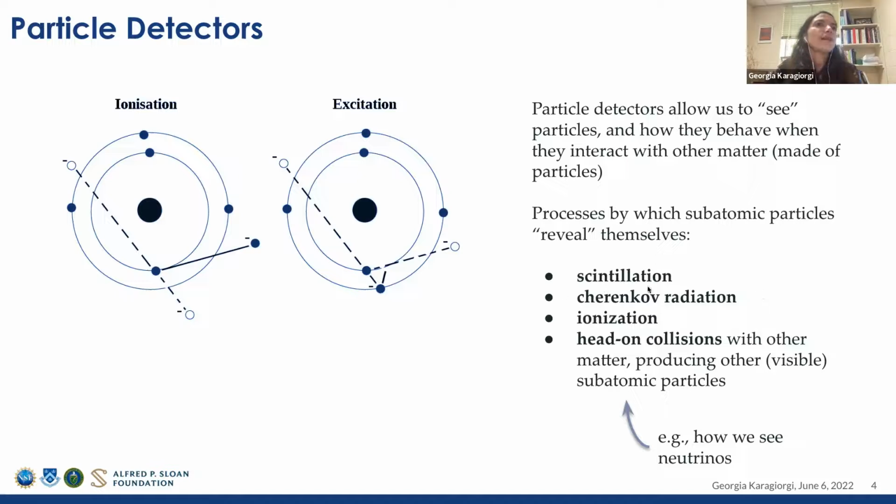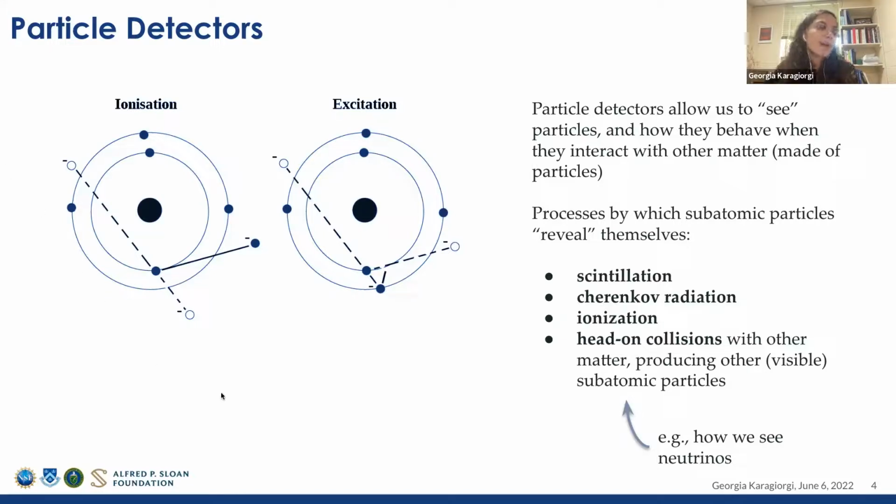Other ways of detecting particles is through their emission of electromagnetic radiation in a way analogous to a sonic boom, when these charged particles travel in a medium, which is not a vacuum, with a speed larger than the speed of light in that medium. So that's called Cherenkov radiation, and it's another way that we exploit to infer the existence of a relativistic particle inside some transparent medium.